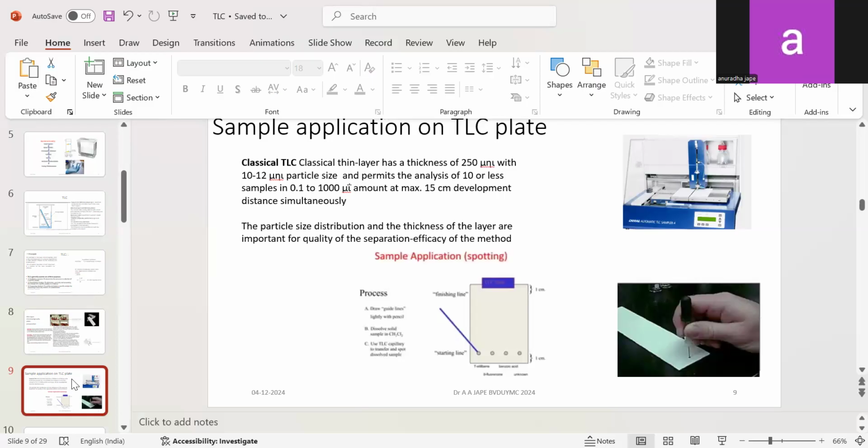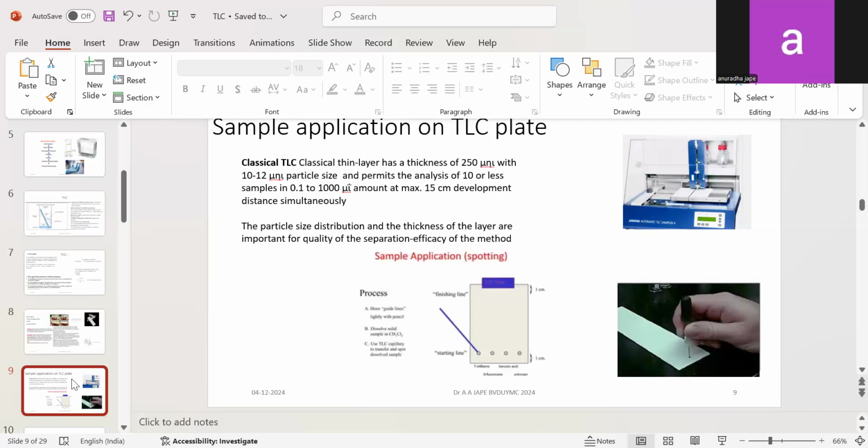Now, once your TLC plate is ready, you have to go for application of the sample. When we talk about classical TLC, the thin layer has a thickness of, as I said earlier, 250 microns and a 10 to 20 micron particle size is used. So it is going to permit analysis of 10 or fewer samples. When we are talking about application of the sample onto the plate, a very small amount, that is 0.1 to 1000 microliter maximum, is to be applied onto the surface of the